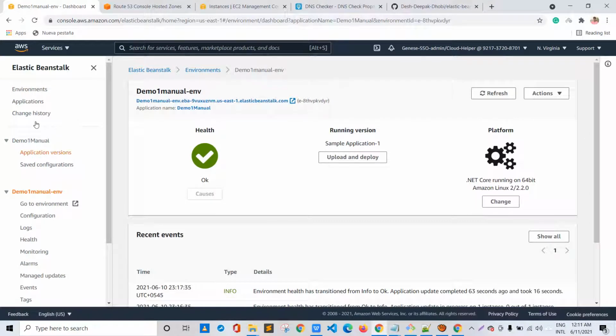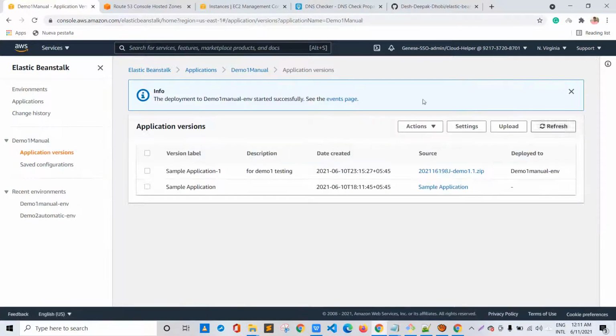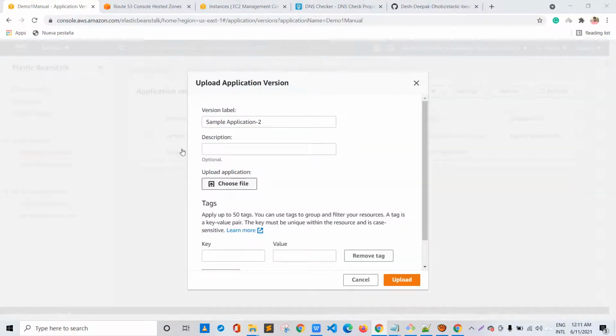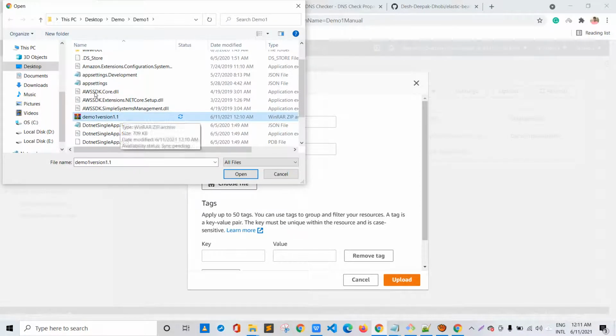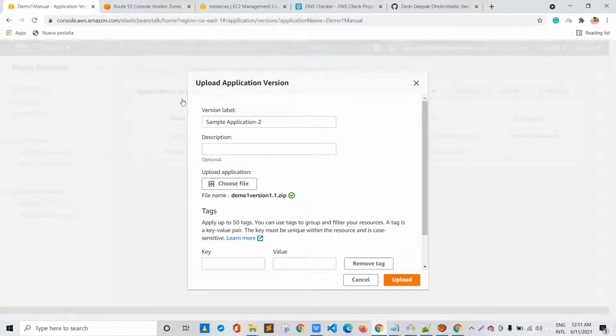For doing this, I'll go to application versions, click on upload and choose the file. The file is inside my demo 1 folder, and yes, the file name is demo 1 version 1.1, that is zipped. Click on that one, and it says the file has been uploaded. Let me give it a description, demo 1.1 testing.